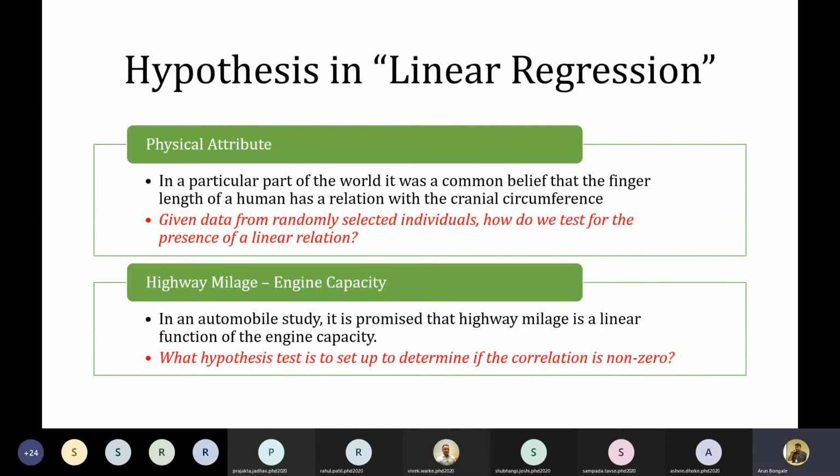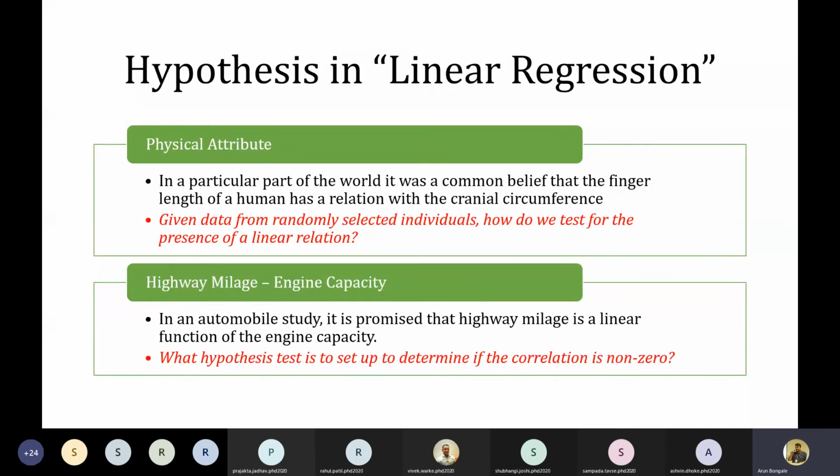Now, how do you analyze this? How do you frame the hypothesis? How do you frame the test statistic, then how do you carry out the analysis and find the relationship? So one way of carrying it out is going in a biological way, where we actually find out the values, then see whether it is related or not, and the other way is to find it out statistically, right?